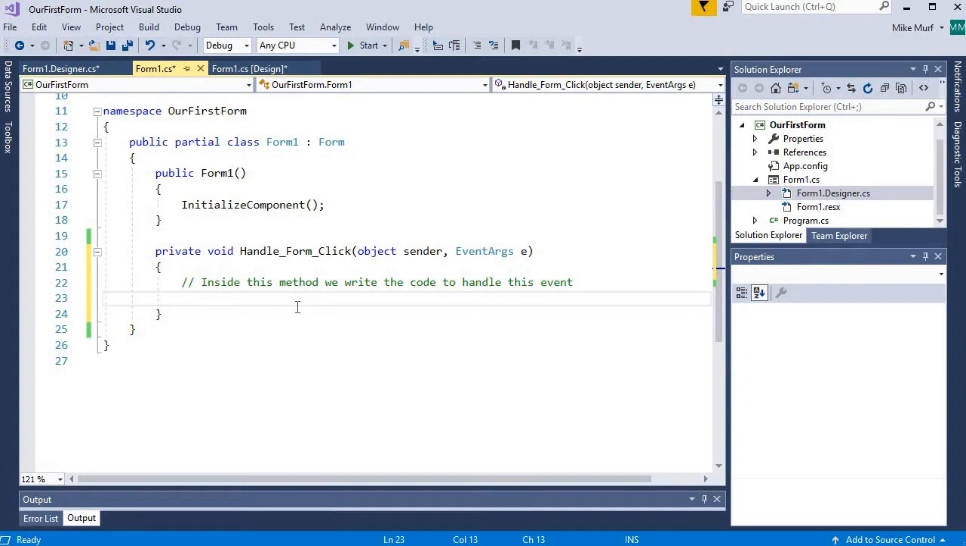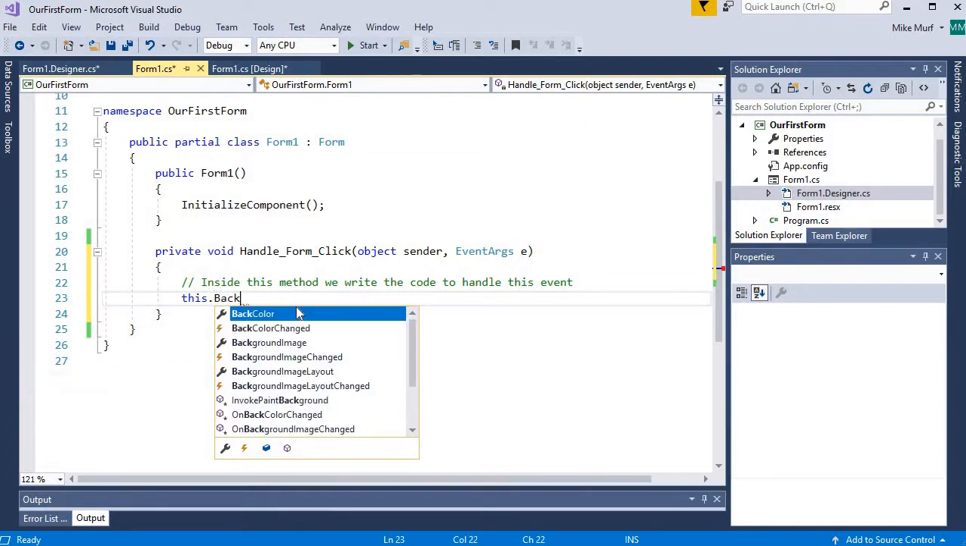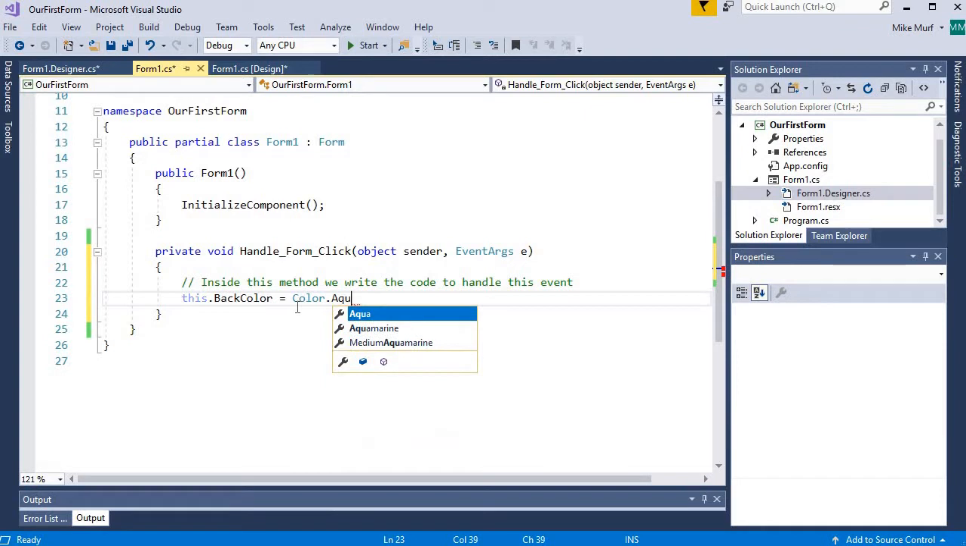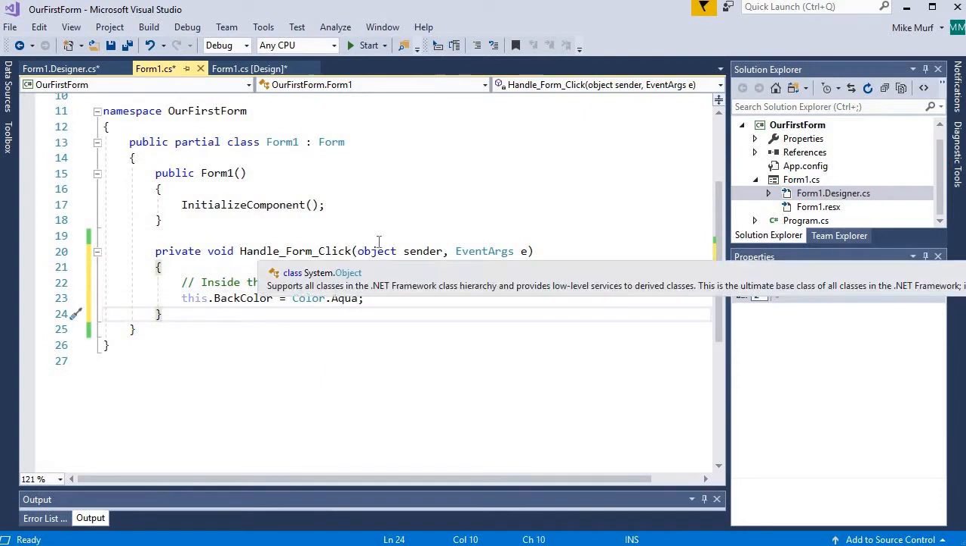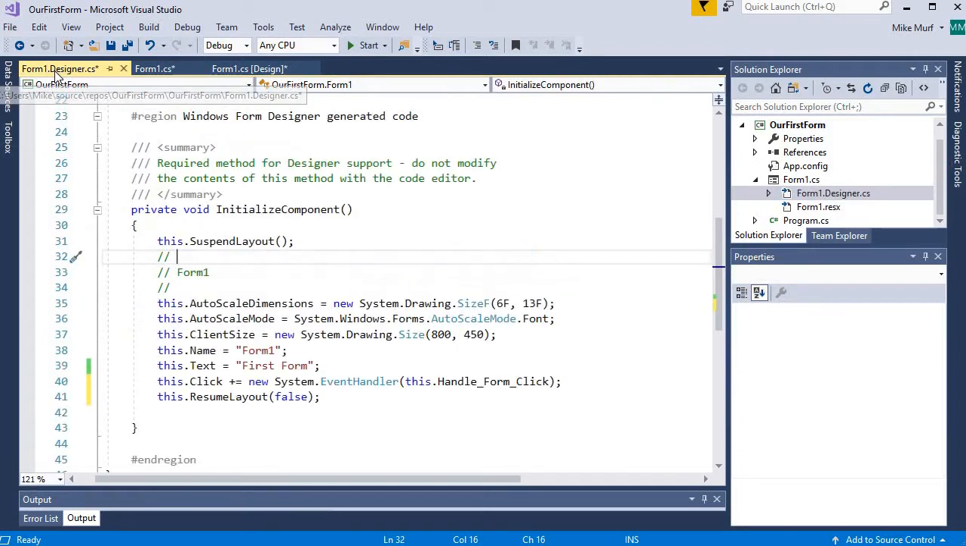So for example, let's say we are inside the form class, so this refers to the form itself. I'm going to change the background color of my form to, let's pick a color here. How about aqua? So when the user clicks the form, this method should be called, and I should change the background color to aqua. Now, also in the form1.designer file, we see this line right here was added to our